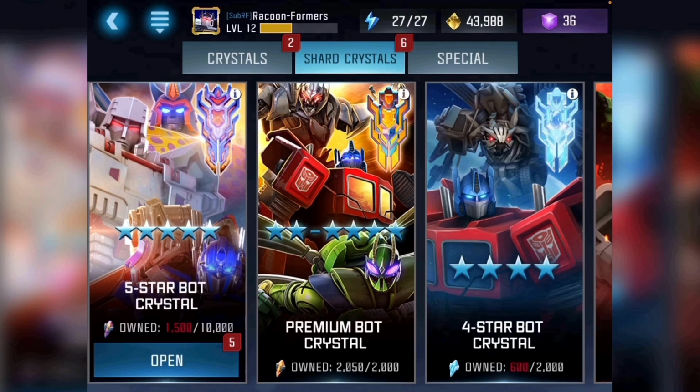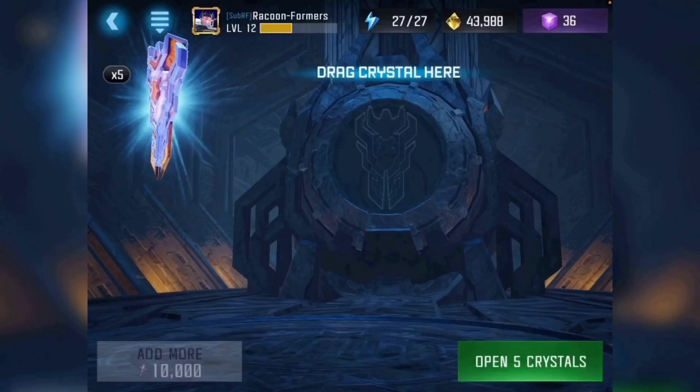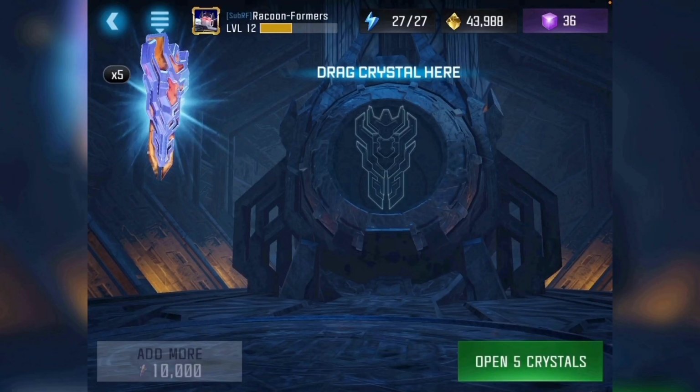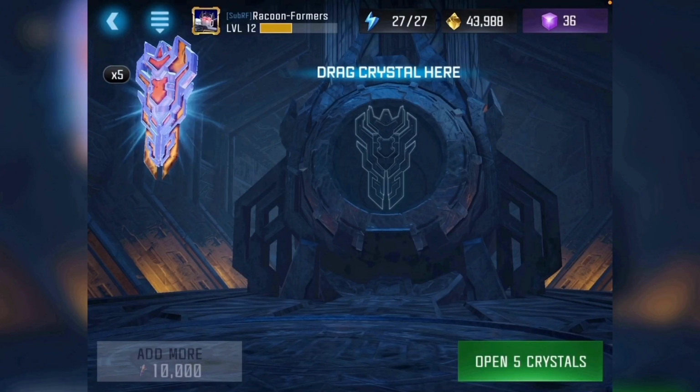5-star crystals that the company of this game, Kaboom, gave me. So you can push open. You'll go to the awesome loading screen that I talked about earlier. Awesome. And then here we are in the space bridge. But before I open the crystals, I'm going to take a little bit of time to explain the space bridge